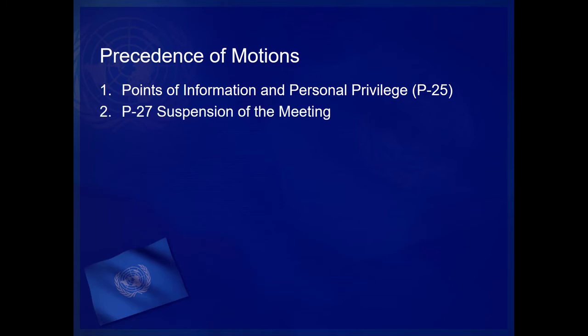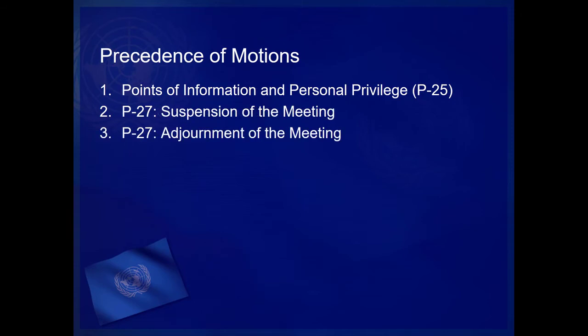Other motions around suspension, adjournment, postponement, and closure are subject to strict precedence, such that a motion with a higher priority will always be considered before a motion with a lower priority, even if the motion of a lower priority was proposed first. Further, these motions are not always in order. Thus, a motion to suspend the meeting during voting block, for example, would be declared out of order by the chair. Nevertheless, in the other phases of debate, a P27 suspension of the meeting always has the highest priority. If multiple P27s are proposed, they are considered in the order that they were proposed.